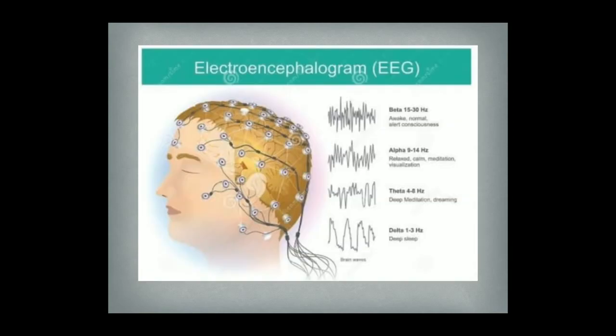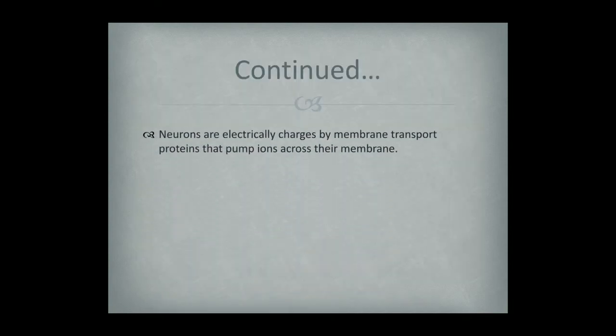You can see here, this is an electroencephalogram EEG test, and the first three stand for normal beats and the last one is giving you a sleepy mode, that is abnormal behavior of the brain. Neurons are